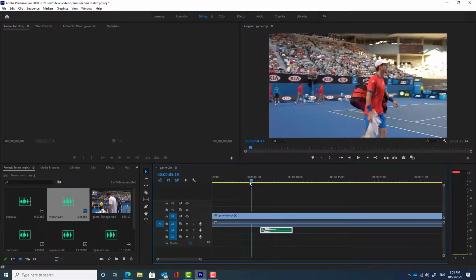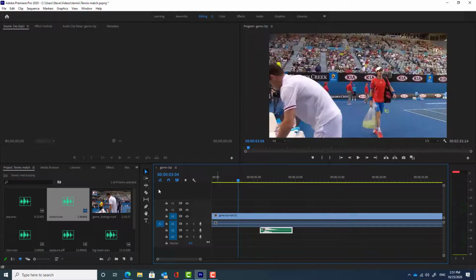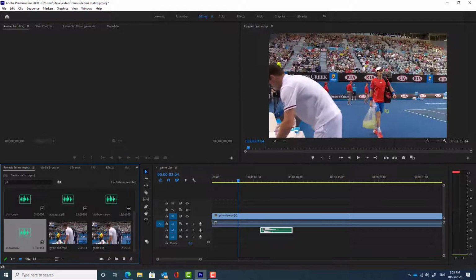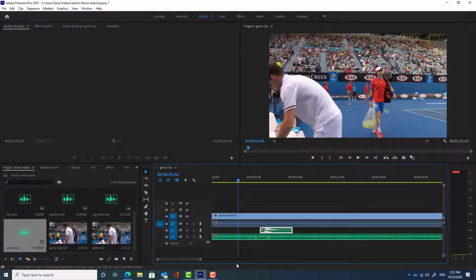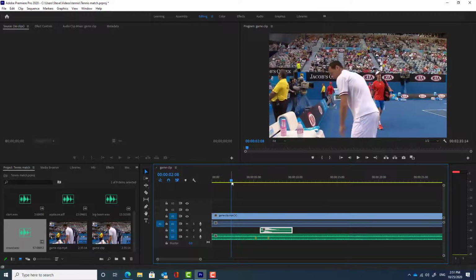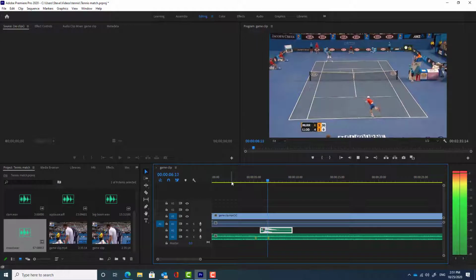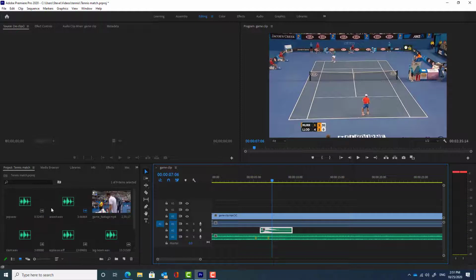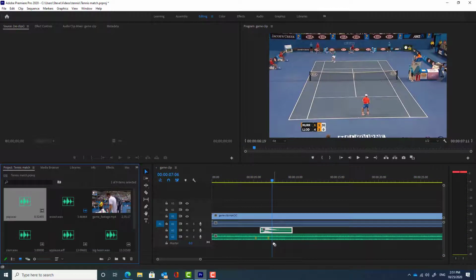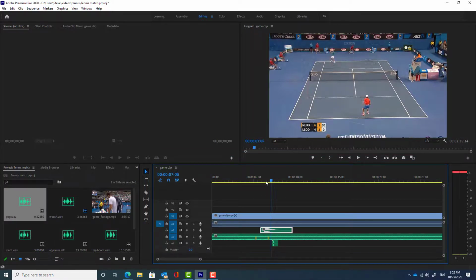I can put a crowd noise behind the whole thing. So I'm going to grab a sound effect of the crowd. Again, drag that down onto the bottom line here. And I'm going to have the return serve, or the return hit, which is about there. And I'm going to make mine a little bit unusual, so I'm going to make that a pop. And put that in there. And my video now becomes